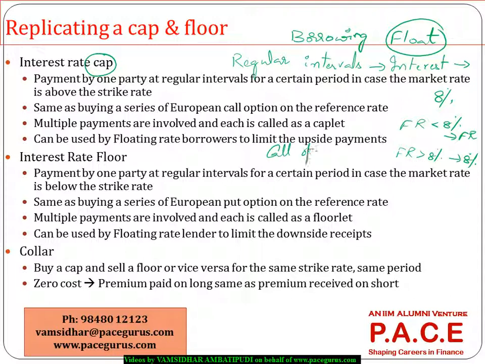If you remember the way we talk about a typical call option, if the stock price is less than, let's say, a strike price of 100, I will purchase it at the stock price itself. But if the stock price goes greater than 100,